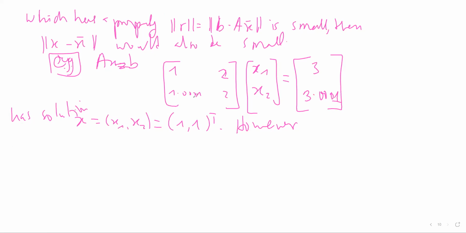So if you solve such a system, you will get x to be (1, 1). However, if you have a poor approximation of this x, a poor approximation x tilde, or x hat, sorry, which is (3, 0), it has a residual